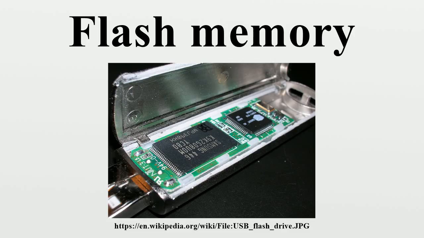Because the FG is electrically isolated by its insulating layer, electrons placed on it are trapped until they are removed by another application of electric field. Counterintuitively, placing electrons on the FG sets the transistor to the logical 0 state. Once the FG is charged, the electrons in it screen the electric field from the CG, thus increasing the threshold voltage of the cell. This means that now a higher voltage must be applied to the CG to make the